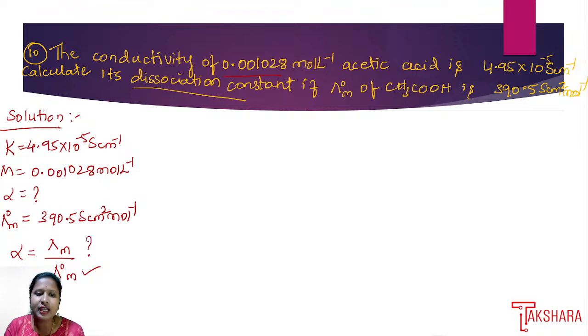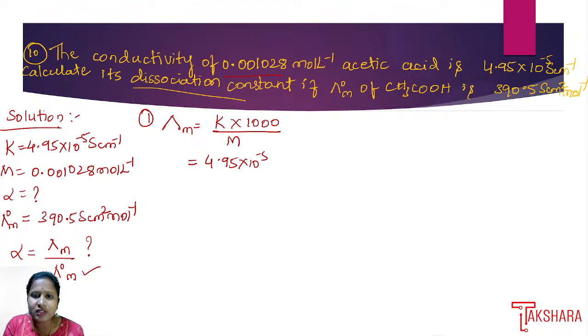So let us first calculate lambda m. Lambda m is the molar conductivity of the solution. First formula I will write: lambda m is equals to k into 1000 divided by M. That is equals to k, how much is given: 4.95 into 10⁻⁵ into